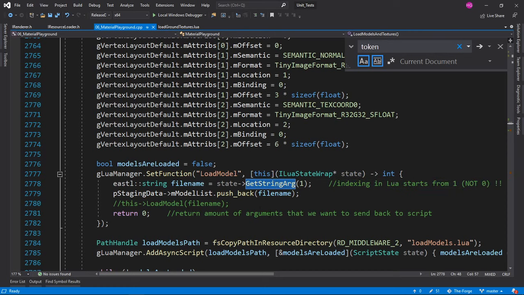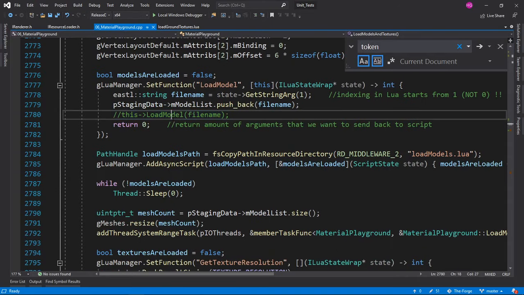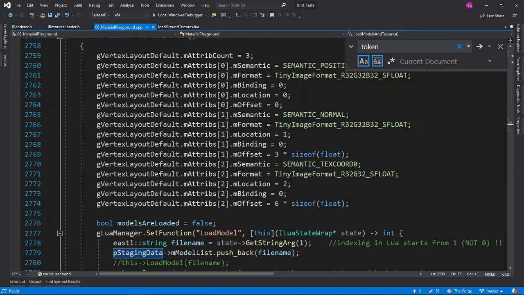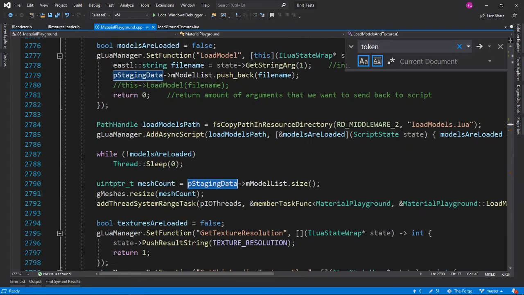Alright, get a string args, and we push back the file name. Model this. Load model find. We don't load the models, huh? Why is that? So someone else does load the models from this. So yeah, this is the staging data. This is our only member here.